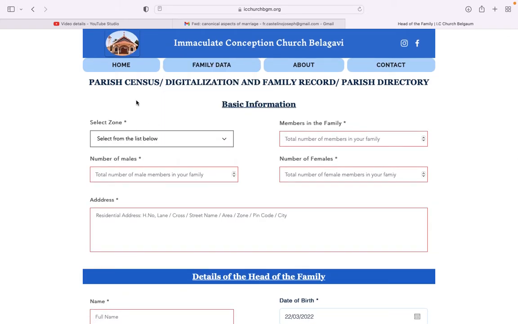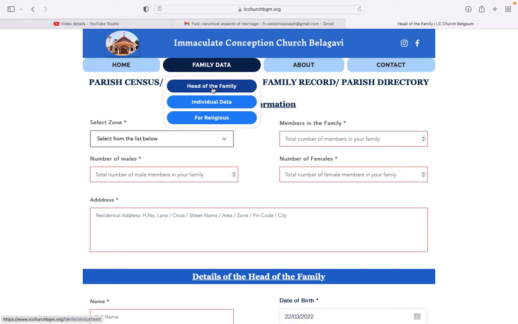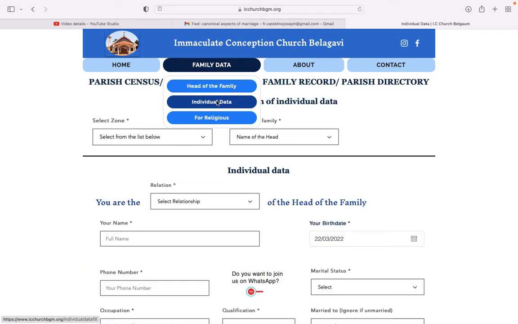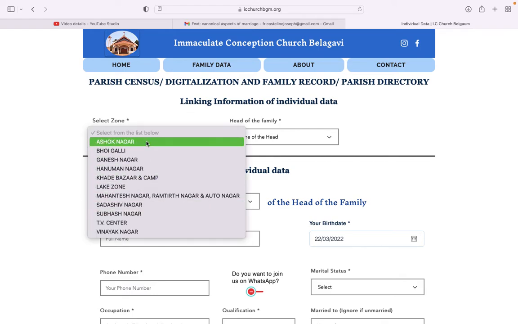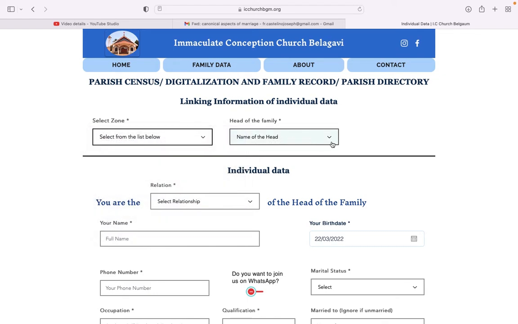For now we will restrict ourselves only to the heads of the family. The reason is that only after all the heads of the families have filled in the details, that is, about 12 zones and 240 heads of the family, do we go to the second segment, that is the individual data. Now, when we click the individual data, the first segment is linking information of the individual data. Now, you have the 12 zones, and in these zones there are already people who have begun to fill, and then